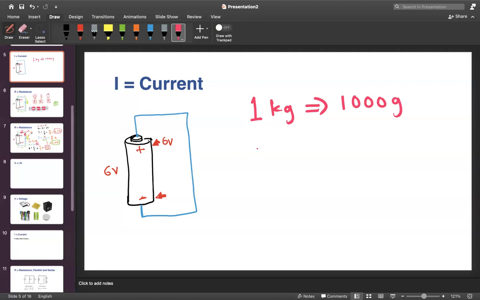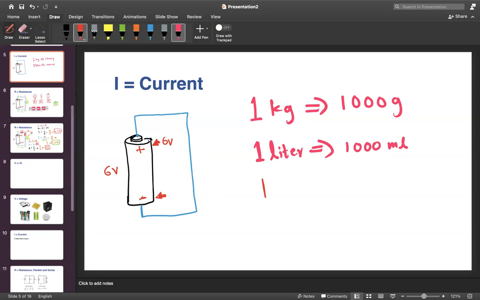Yes. Right. Can you tell me 1 liter is equal to how many milliliters? 1000 milliliters. Yes, exactly. 1000 milliliters, right? Right. Therefore,